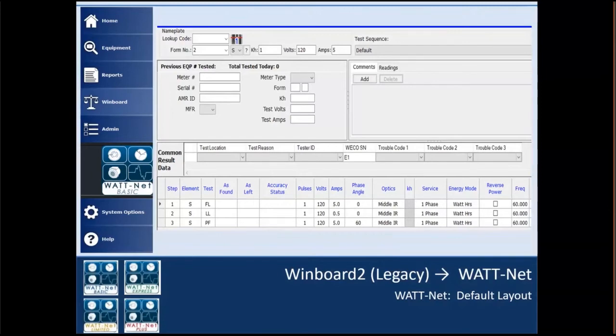Okay, we've got, yes, John, test volts, test amps, case of H can also be a drop down. And the thing with those,